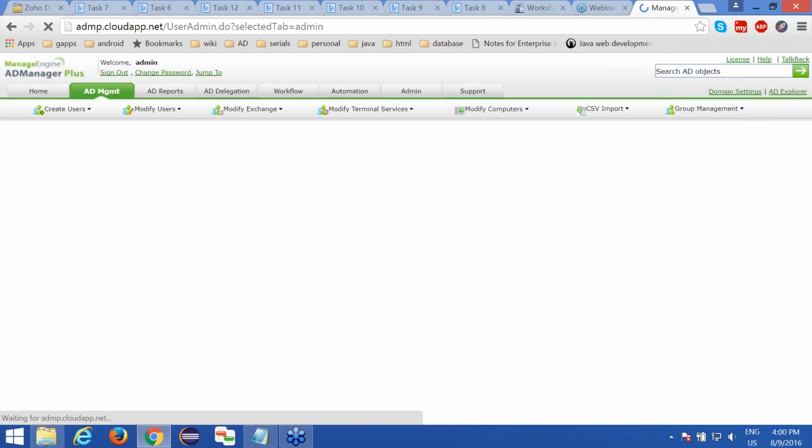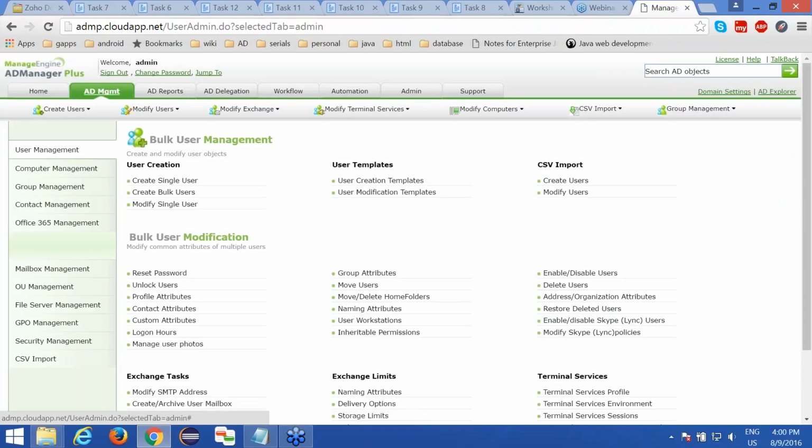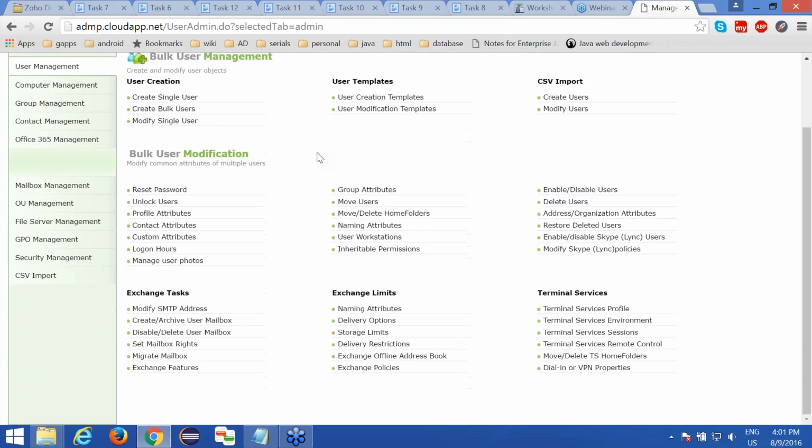Say for example, you have recently upgraded your Exchange server to Exchange 2016, and now you want to migrate all your user accounts to mailboxes under the Exchange 2016 server. So how to do that? Let me tell you how. You don't have to create any PowerShell script. You don't have to go and migrate each and every mailbox. You just have to make a few clicks so that you can migrate all your user accounts, all your mailboxes,